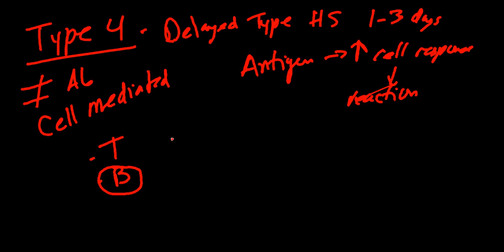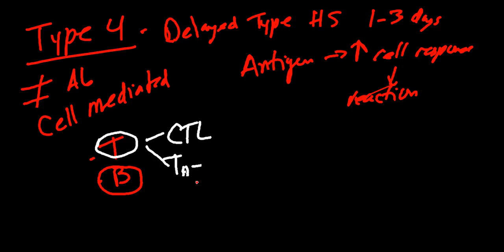Let's change colors just to keep you on the edge of your seat. Okay, so we've got T cells. We're going to be focusing on T cells, and of the T cells, we've got cytotoxic T lymphocytes, and we've got T helper cells. So for type 4 hypersensitivity, we're going to talk about the T helpers first. It's where you have MHC, the major histocompatibility complex, structures on antigen presenting cells, for example. And they're going to present an antigen, and this T helper is going to